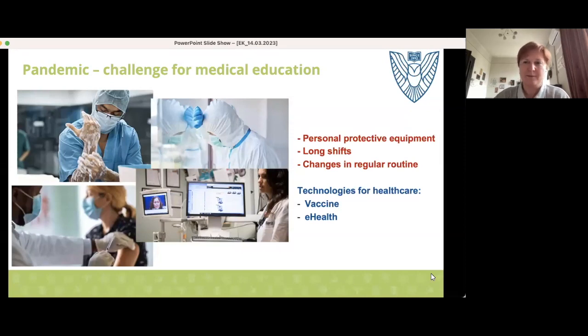But at the same time, from another perspective, as the challenge always gives some perspective, technologies for healthcare were implemented intensively. For example, we were able to prepare the vaccine in a very short time because of the collaborative effort. And also e-health, the field of concrete healthcare practice about which we are talking. Is it essential to implement it? To which fields are we going to implement e-health, in which scenario, and so on. We find that it's rather helpful in the pandemic era.